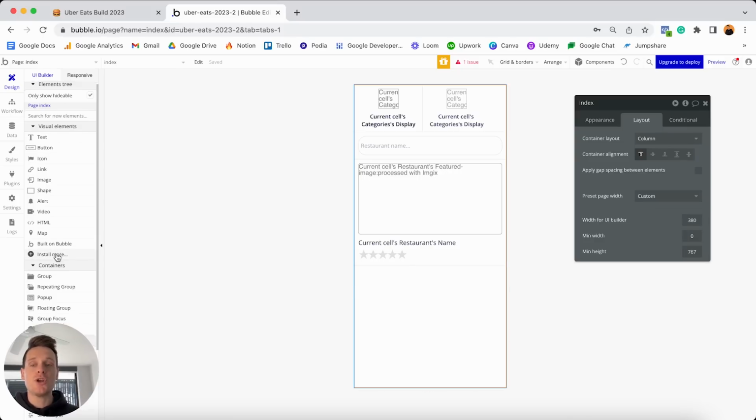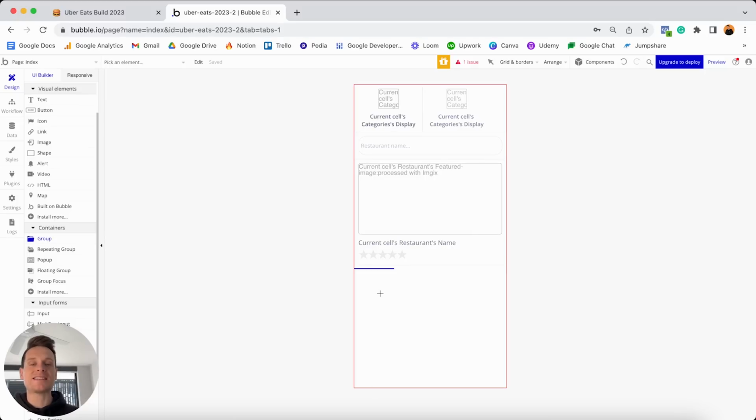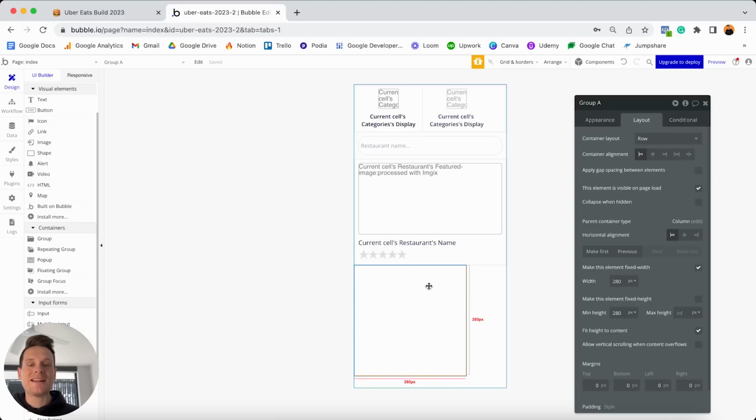As I mentioned, what you can do is scroll down to the containers menu here and add what's known as a group element onto your page. Now, a group is just like a small page within your overall page. And of course, because it's like a page, that means you have the ability to give it a container layout. So for instance, you could give a container layout to this group and set it as a row, which now means that any elements you add into this section of your page, so within this group, are going to